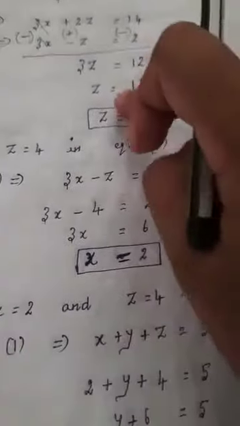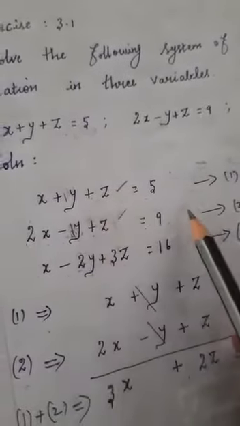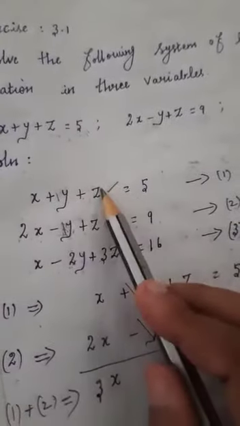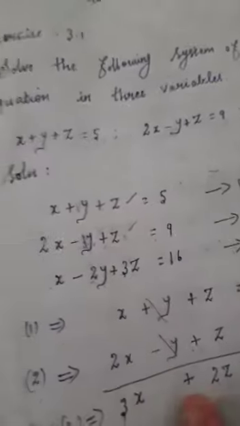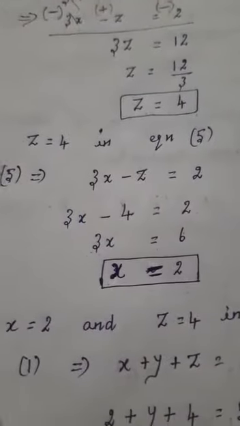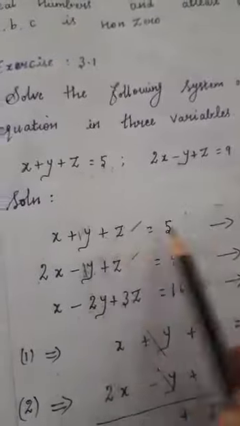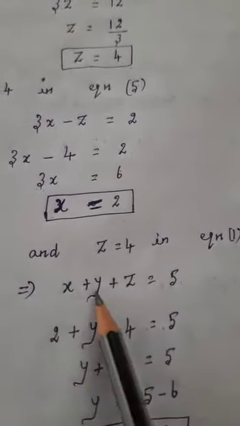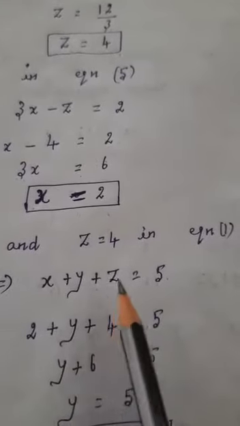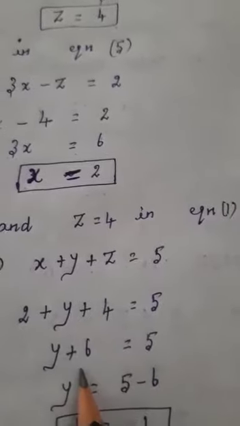So if you know this x value and the z value, you can substitute in any one equation. Okay, so the x value we know, the z value we know, only the y value we needed. So if you substitute, we will get the answer for that one. Now you can substitute in the first equation, that is x plus y plus z is equal to 5. Any one equation you can substitute. Okay, so this is the easy equation. So the x value we know is 2, the y value we don't know, we need to find out, y plus z value, that is 4. So if you simplify, y plus 2 plus 4, that is 6, is equal to 5.